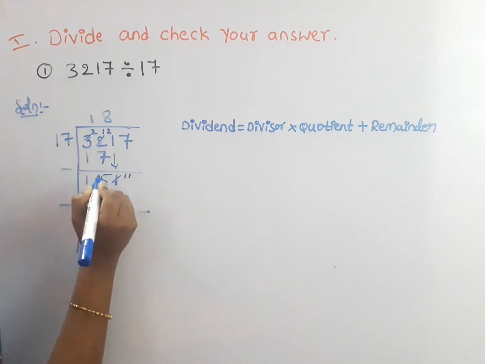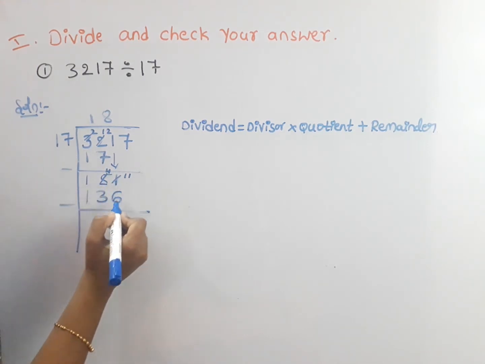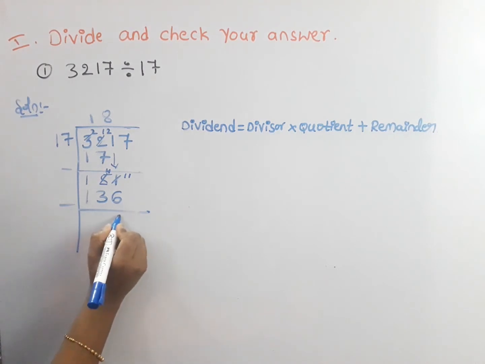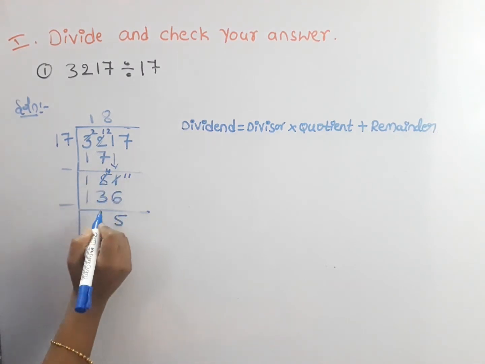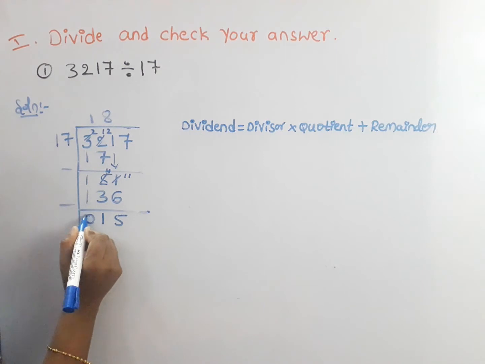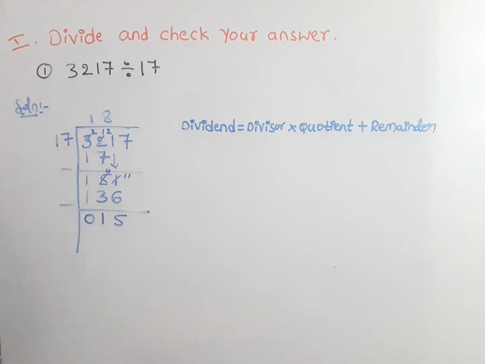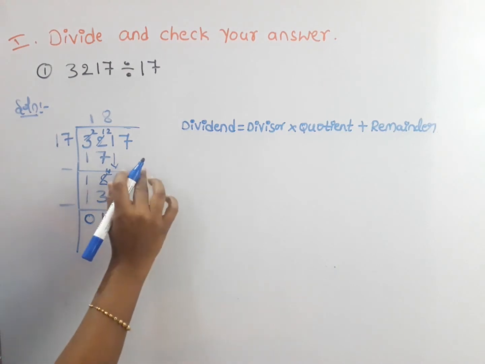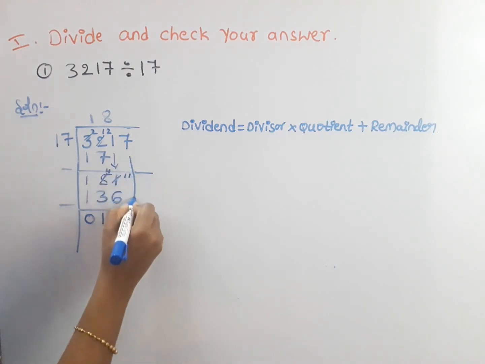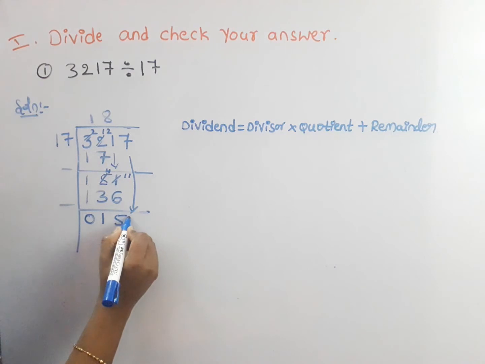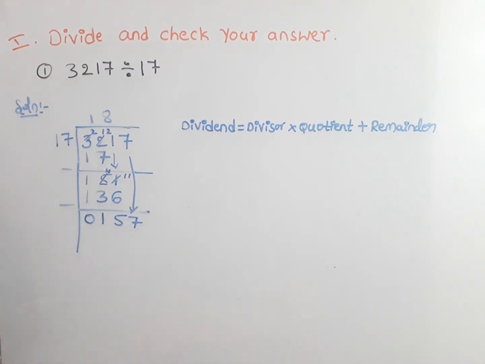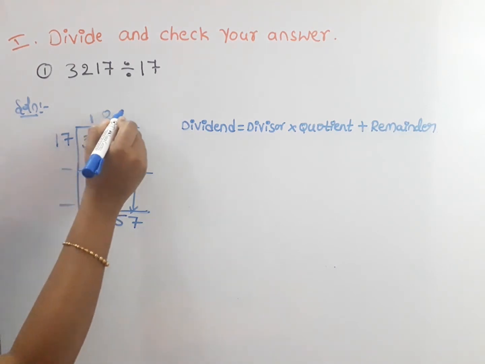So we need to borrow. It will become 11, and this 5 will become 4. Here 11 minus 6 is equal to 5. 4 minus 3 is equal to 1. 1 minus 1 is equal to 0. So here 15. The last digit, that is the ones digit, 7: bring down the ones digit, that is 7. It will become 157. Now 17 nines are